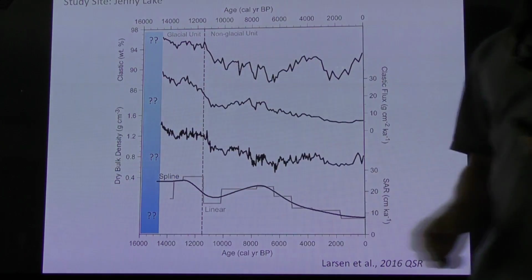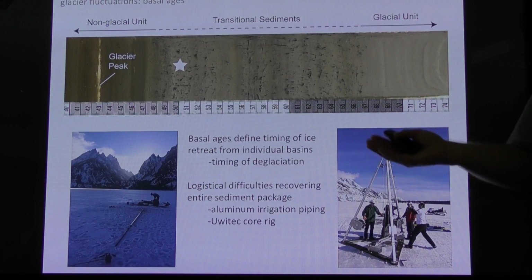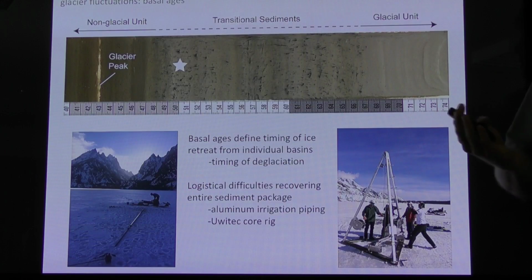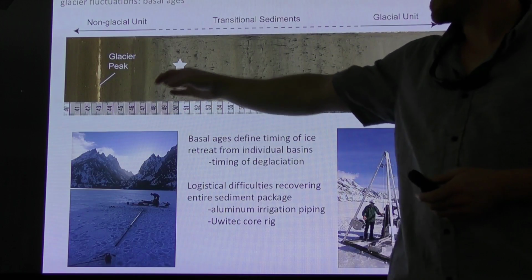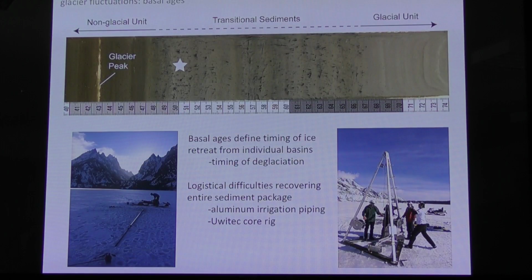It turns out collecting these basal sediments is quite difficult because you're coring through glacial sediments and then often down into glacial till. And there's very little to date. There's very little organic material in that portion of the core because I don't think these moraines and the region around the lakes were actually vegetated at that time. Or if so, there wasn't as much vegetation growing around the lake or in the catchment as there is today. And so there's very little to date, and you're reliant upon your most recent chronologic constraint, whether it's the Glacier Peak ash or a radiocarbon sample up here,